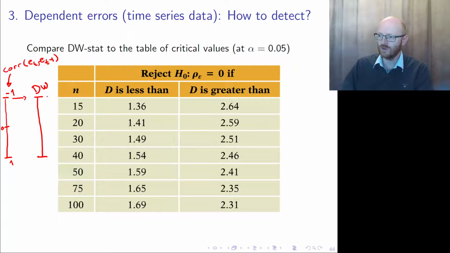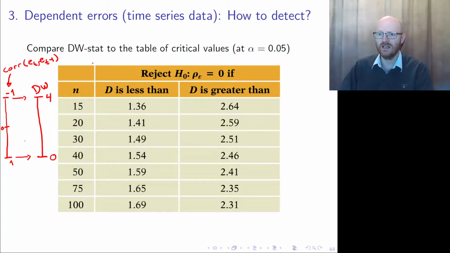And the reason why I took -1 correlation here was that this implies a Durbin-Watson statistic of 4, and a perfect positive correlation between the errors corresponds to a Durbin-Watson statistic of 0. So